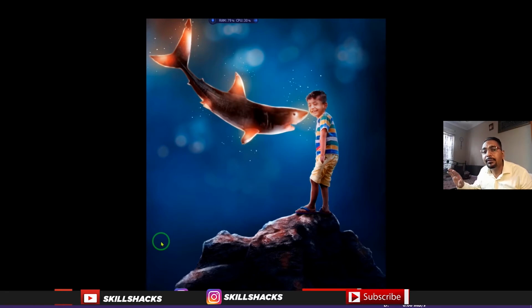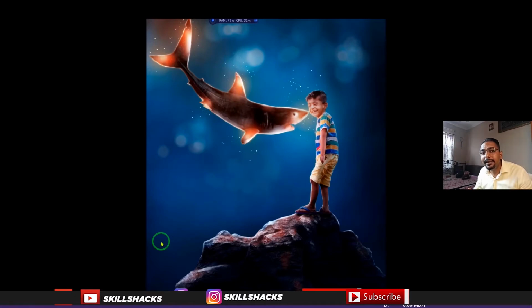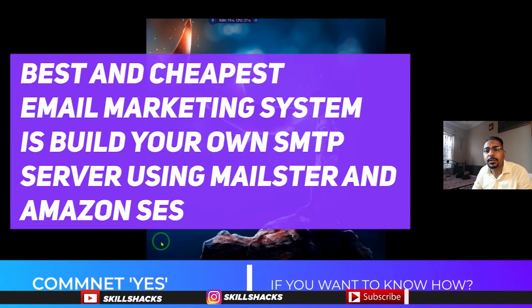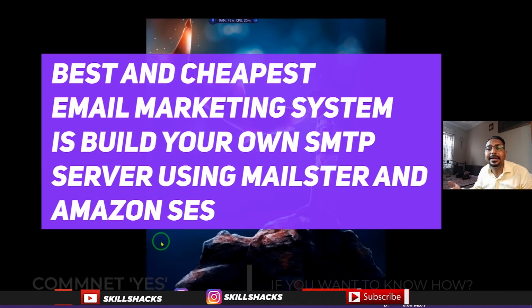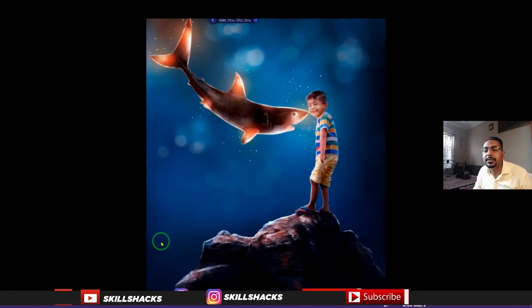However, if you don't have that, you can use MailChimp or any other email service provider like SendFox or MailPoet or Aweber or ConvertKit or whatever you like. But I am going for the cheapest option and the best option, and that is Mailster. So I have the full control over my email marketing campaigns, and now I will show you how I am offering a free lead, how I'm getting the free leads, and then how I'm going to convert those free leads into the paid leads. So let's dive in and let's start.